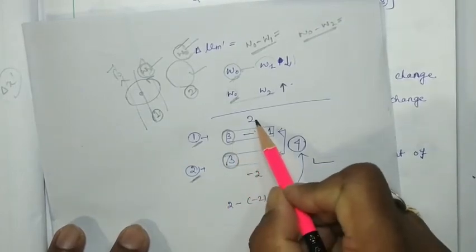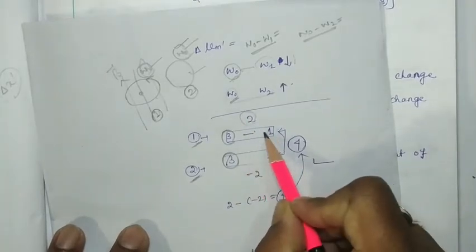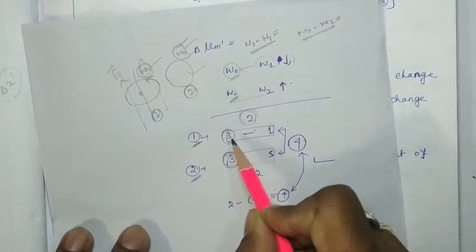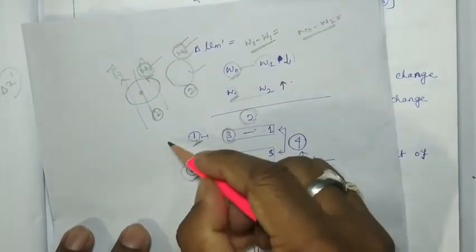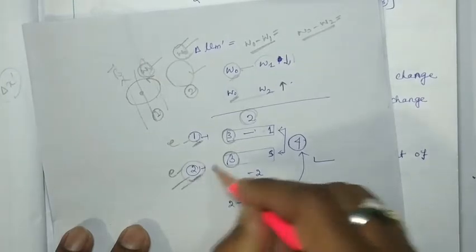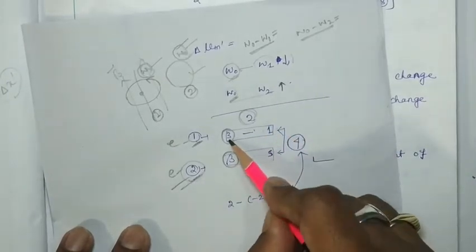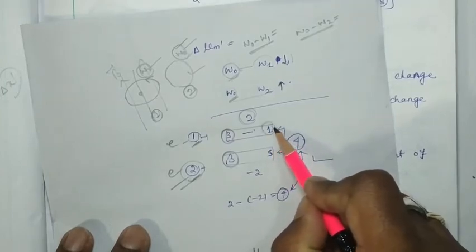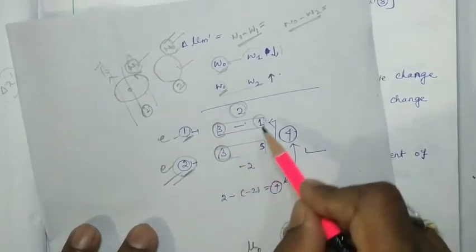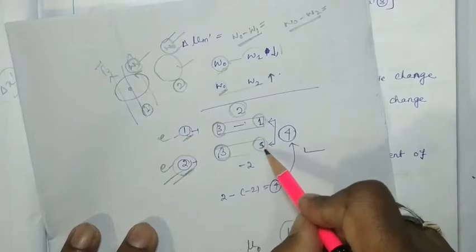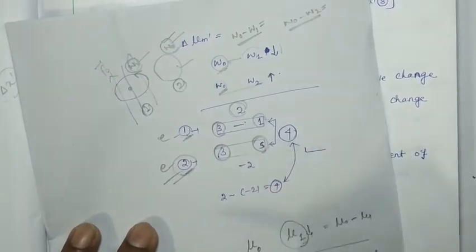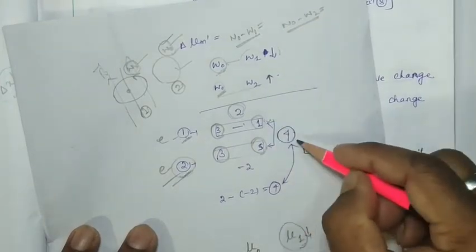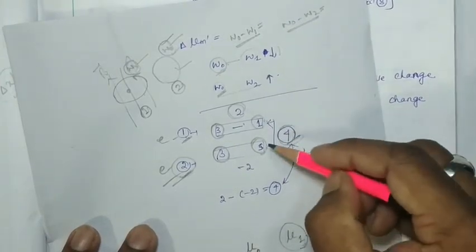So here, an amount of 2 in angular velocity decreased for electron 1, and an amount of 2 in angular velocity increased for electron 2. Initially it was 3 for each electron. The new angular velocity becomes 1 by decreasing, and with an increase of 2, the new angular velocity was 5. Now you just subtract 5 minus 1. How much do you get? 4.